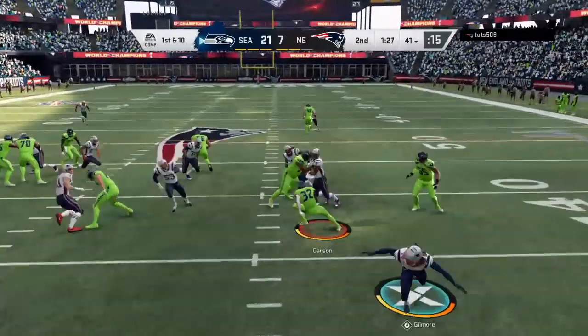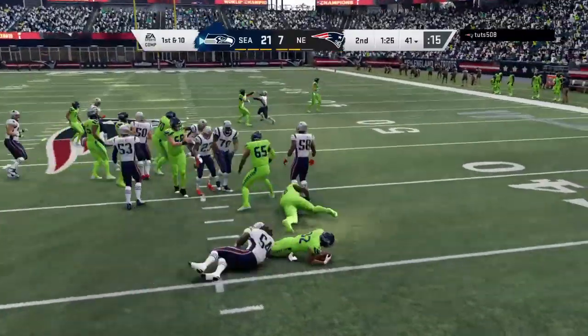On first down, Carson. And this play will be blown up